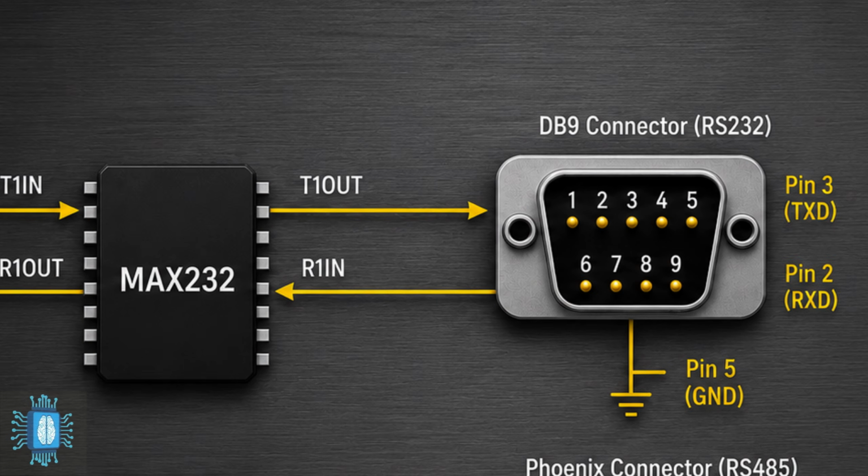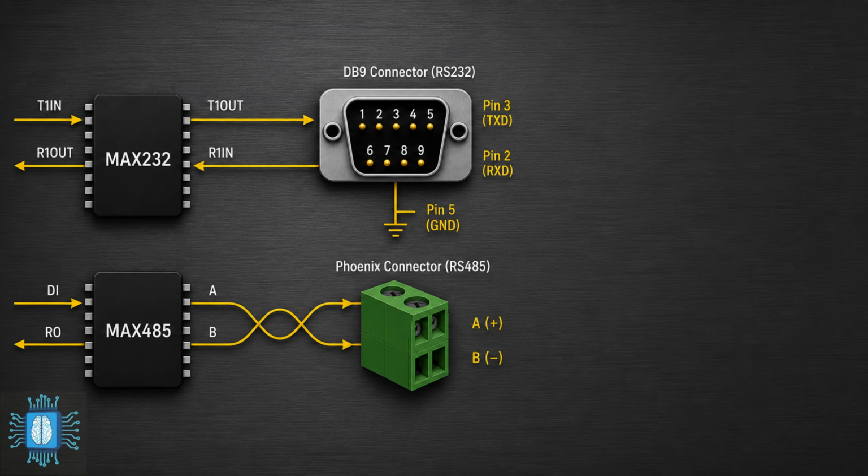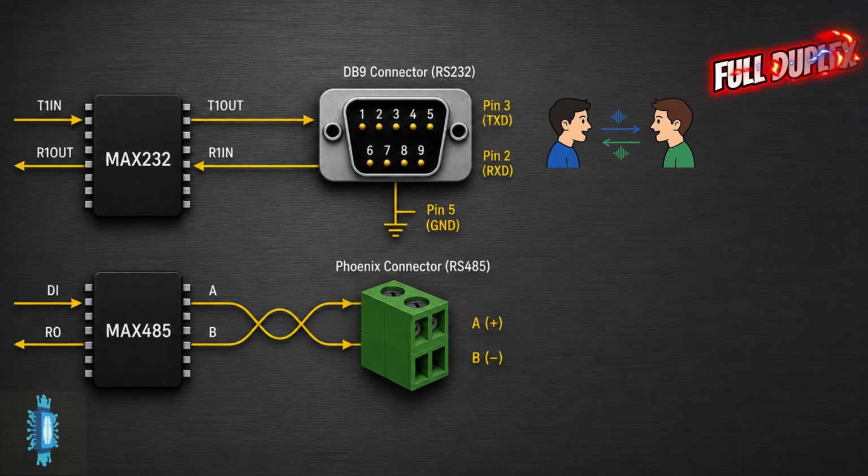RS232 uses 2 independent signal wires, one for transmitting data and another for receiving it. This makes RS232 a full-duplex communication standard, since the TX and RX channels each have their own dedicated wire. RS485, on the other hand, uses a differential pair of wires for each communication channel, making it much more resistant